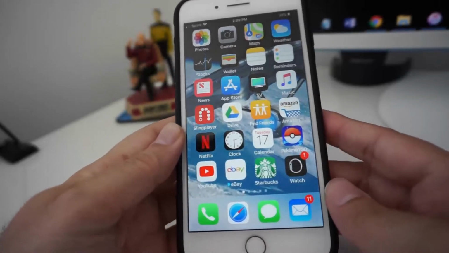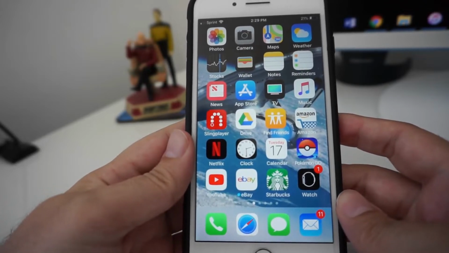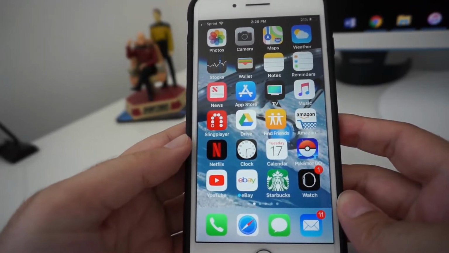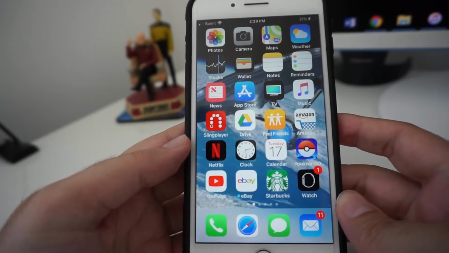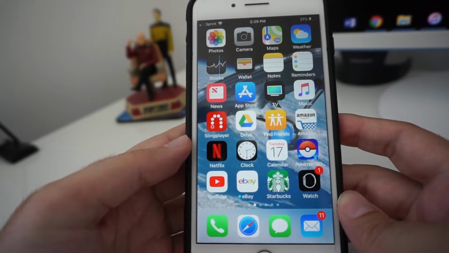Today I'm going to show you how you can use your phone as a sleep device and add a timer so when it's playing something and that timer ends, whatever it's playing, it will stop. This is super useful if you fall asleep using your phone, watching maybe a movie or listening to music or